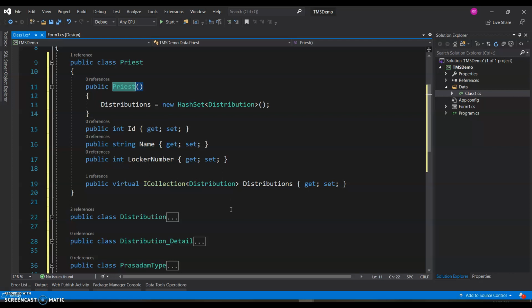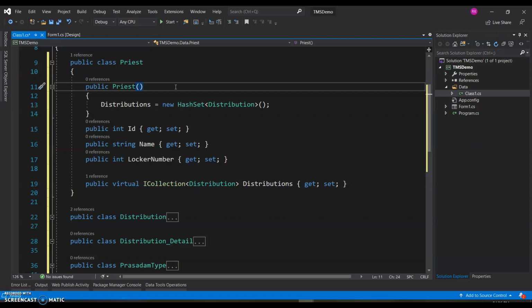And if you see the conventions I've used here, whenever you have something like ID, by convention, that will be assumed as a primary key for this particular entity. Now this is what is called conventions. So you can either go by conventions, or when conventions do not imply what you want, or if you want to deviate away from conventions, you can go with configurations.